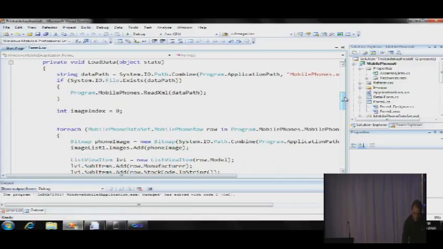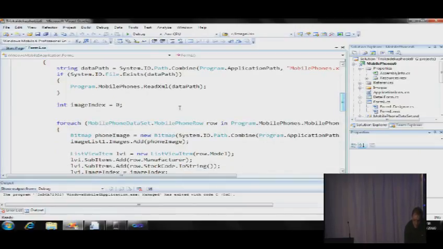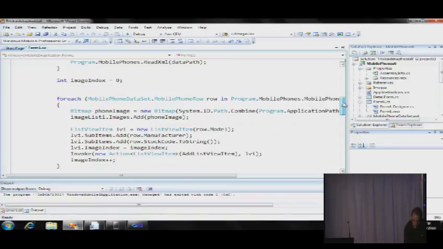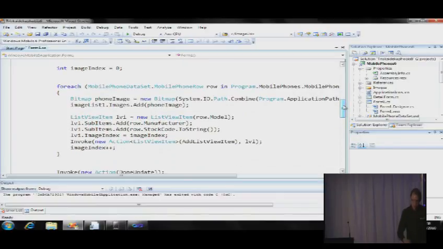So this basically looks for the XML file, and then when it's found it, it'll load it into the mobile phones, which is our custom data set here. And then we simply iterate through each row in the mobile phone table. We load up the image, which is basically stored as a file name. So we create a new bitmap object from that file name. We add it into an image list, and then we create a new list view item for each